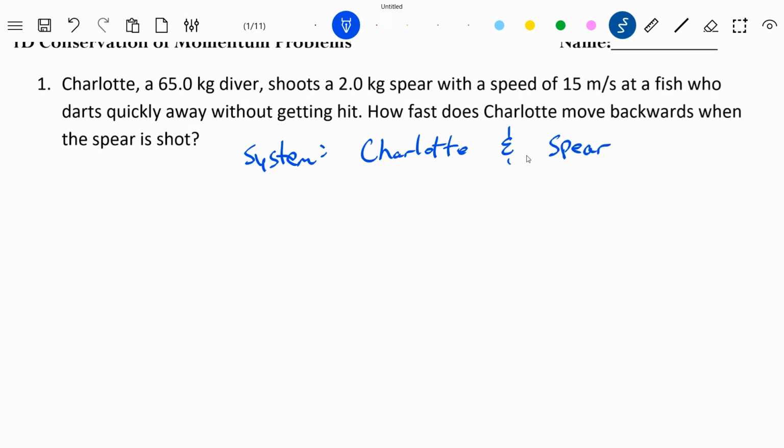Okay, so both of those things are in my system. The water is not in my system, the fish is not in my system, etc. Just these two single objects, Charlotte and spear, person and spear. Okay, now,